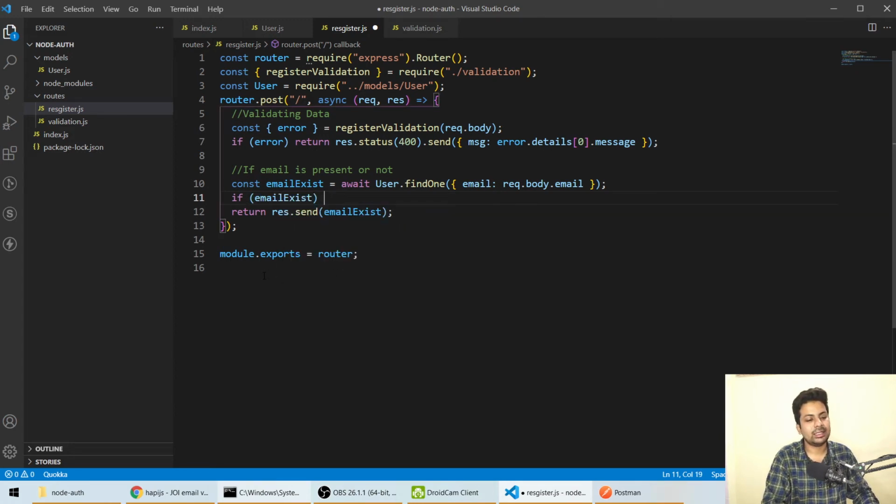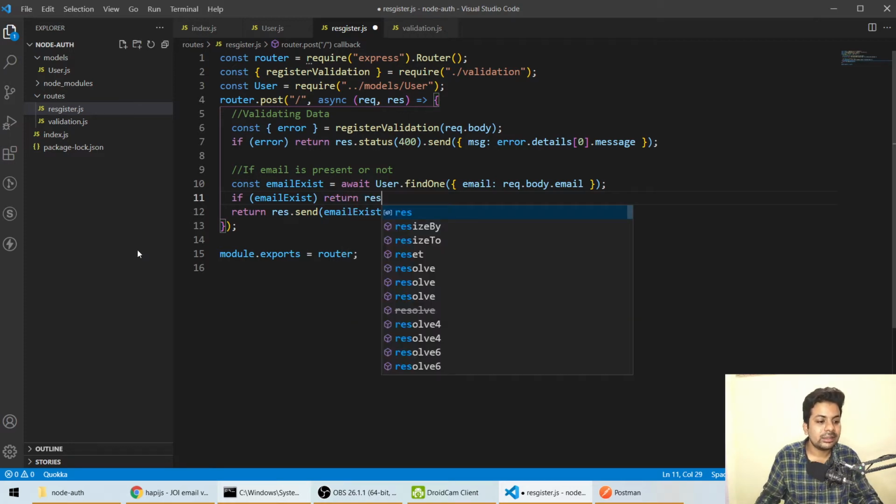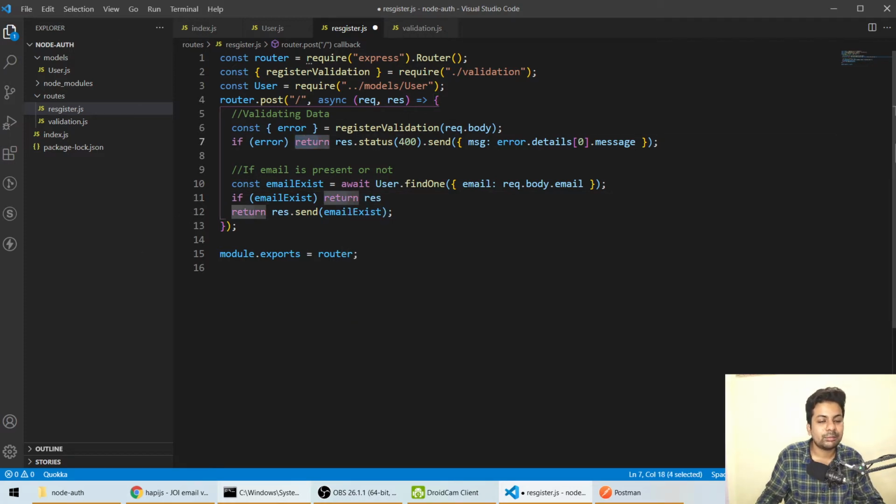Okay, if the email exists, return res. So please write return in every statement before response, because if you don't write return, it will send back the response, then come to the other line. So return is basically for that, like just stop here.